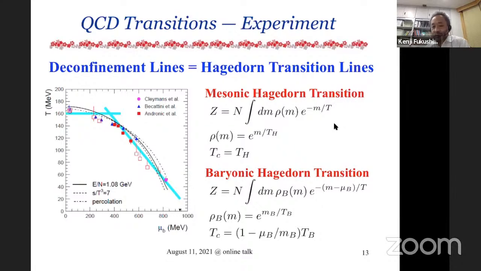And so Hagedorn actually postulated that the temperature must have some limiting value. But now, his interpretation is not really correct. This limiting temperature is nothing but the phase transition temperature. And this hadronic description should break down and can be taken over by the more fundamental degrees of freedom in terms of quarks and gluons. But anyway, in this way, you can identify where the phase transition is located from the Hagedorn temperature.